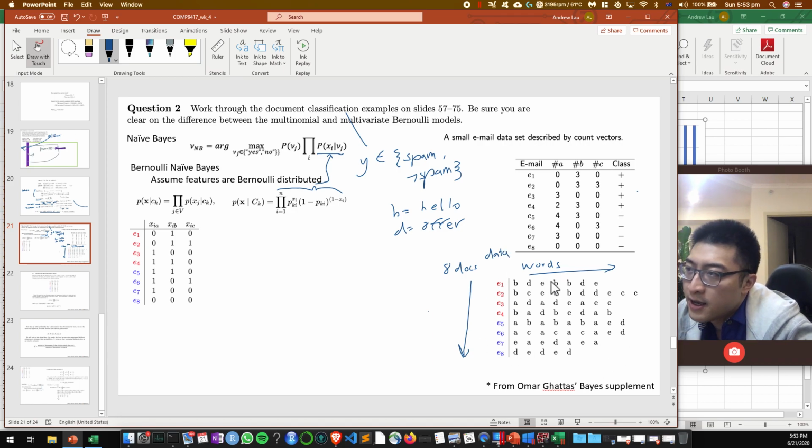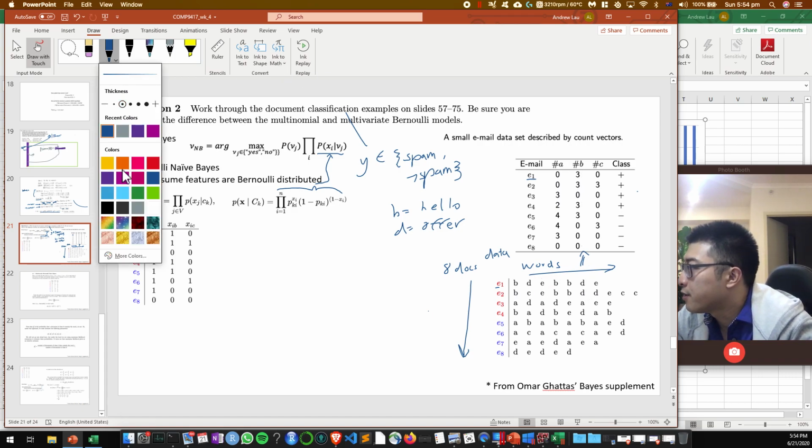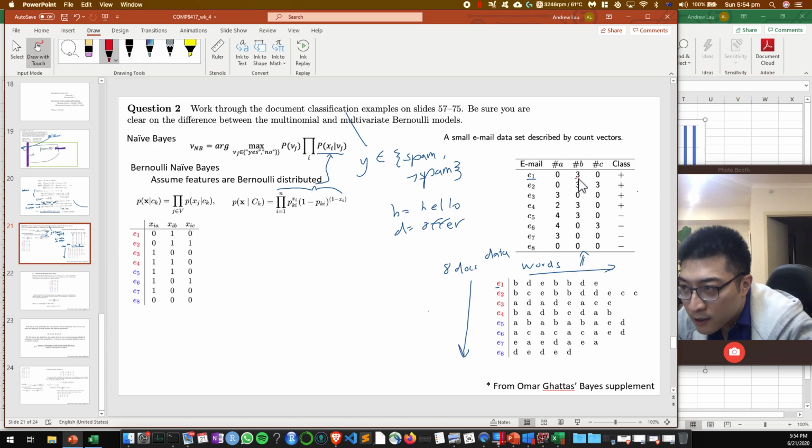So it looks like this. Now we simplify it by converting it into this form. This form just counts up the number of each word. So for example, for document 1, we have A appearing 0 times. We have the word B appearing 1, 2, 3 times. And then C appearing none. And in this case, we assume that